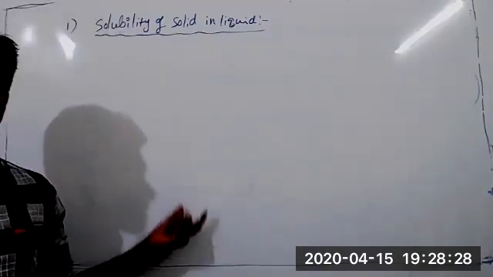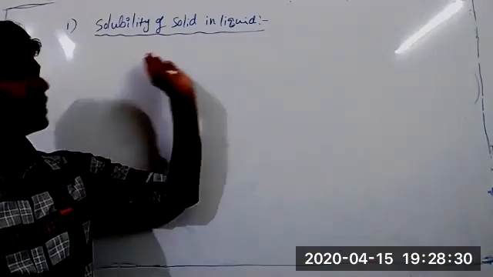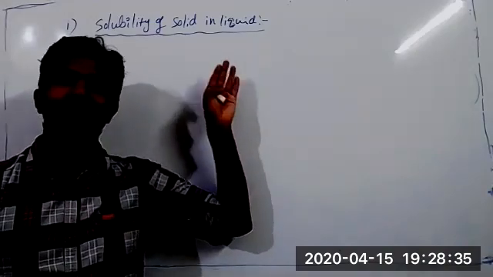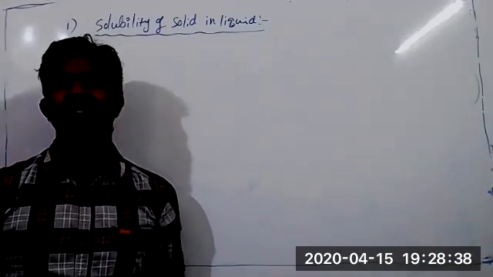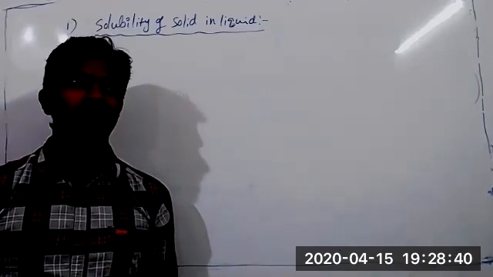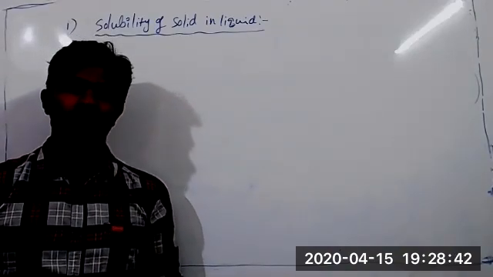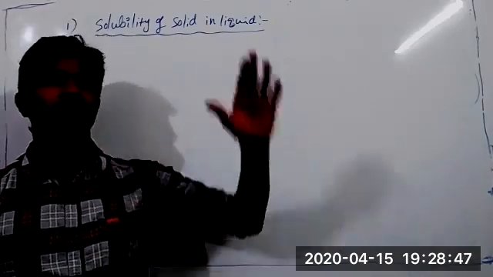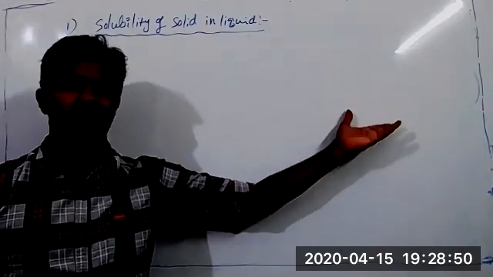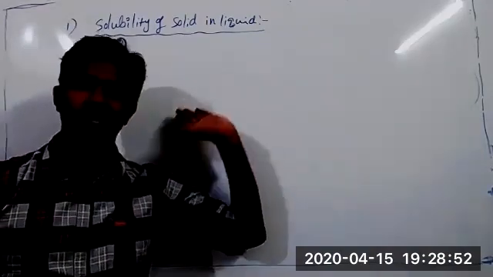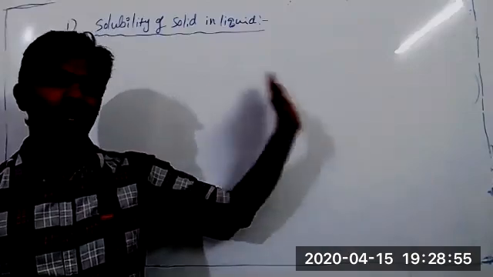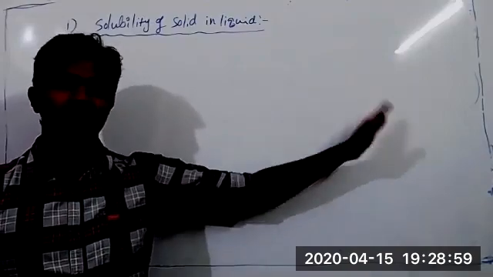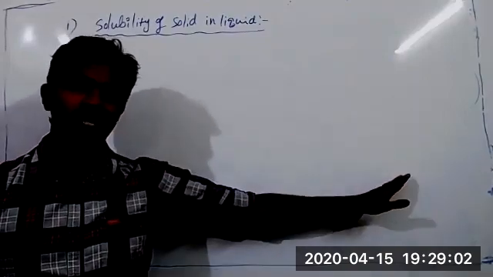Here we have to discuss these three factors. You already know this point: polar solute is soluble in polar solvent and non-polar solute is soluble in non-polar solvent. Most of the inorganic salts like NaCl, KCl, MgSO4 and cesium sulfate are easily soluble in water because those inorganic salts are polar and water is also polar. So polar solute is soluble in polar solvent. And non-polar solutes like organic substances are not soluble in water, but are easily soluble in organic solvents.